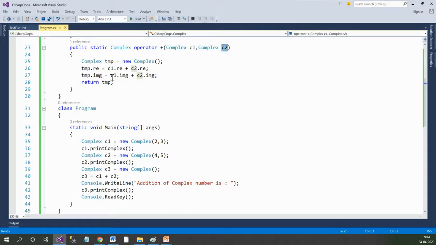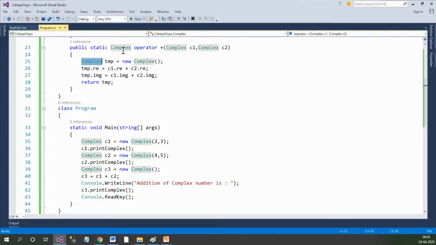Now inside this, we have created a temporary object for temporarily holding the addition. C1's real component is added to C2's real component and stored in the temporary real. C1's imaginary is added to C2's imaginary and held in temporary. Now we are returning the temporary object, and since it is an object, my return type would be the class name.